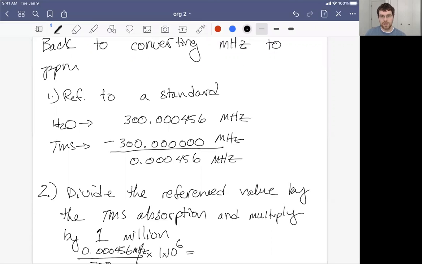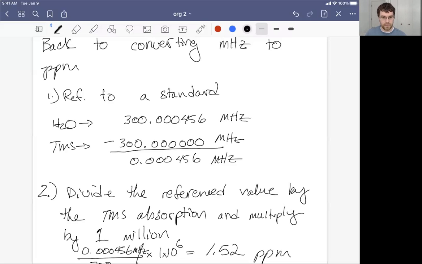So now we have something that's sort of unitless, except for the fact that we're multiplying it by 1,000,000 to tell us that this is some parts per 1,000,000 of something. And the answer that we get if we do the arithmetic is 1.52. If we did a percentage, we'd write this little symbol here to remind us that it's a percentage. But here, we're going to write the ppm value